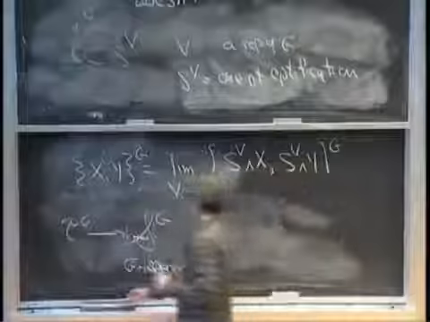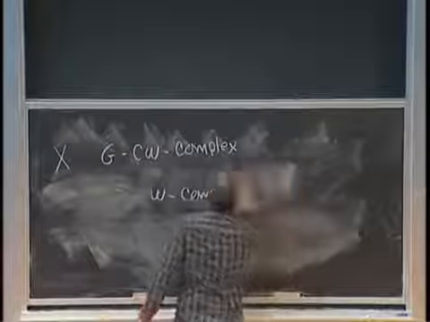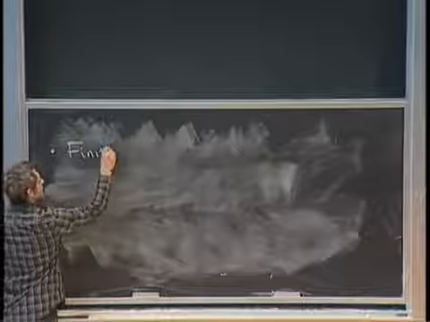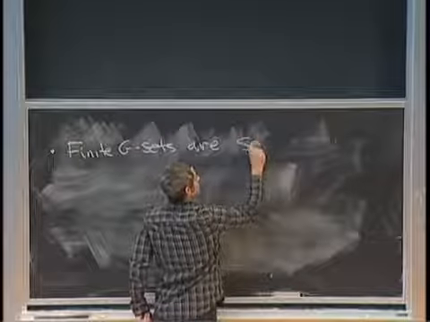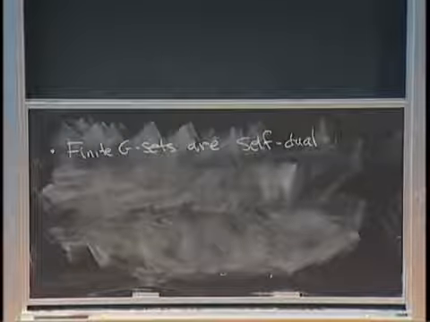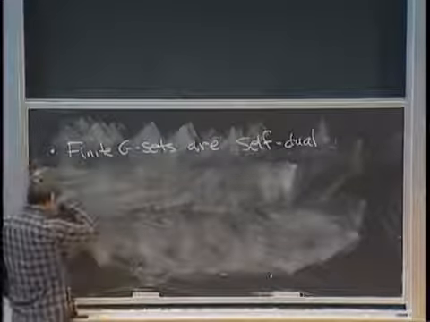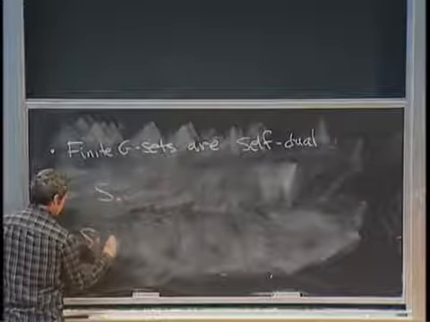So let me point this out. Now I did this kind of stabilization exactly so that I'd have Spanier-Whitehead duality. And as things work out, once I have Spanier-Whitehead duality, I get the following fact: finite G-sets are Spanier-Whitehead self-dual. Okay, so that means, in particular, that the map from a finite G-set, so let's suppose this is a finite G-set,